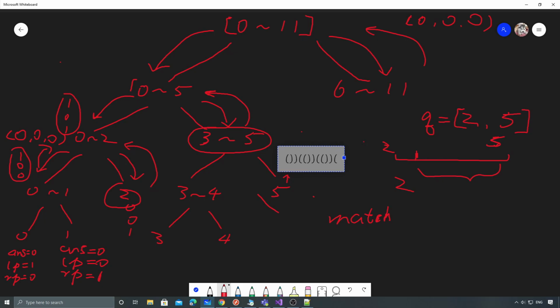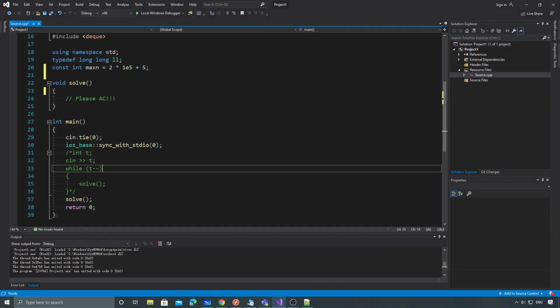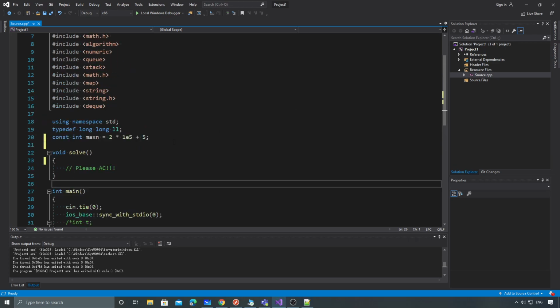Cool. I think that's everything I want to talk about for this algorithm. I think we can start coding. Cool. Let's see. So to code these things,